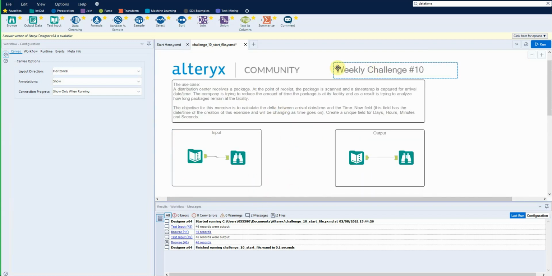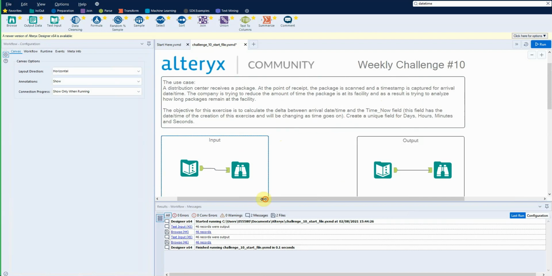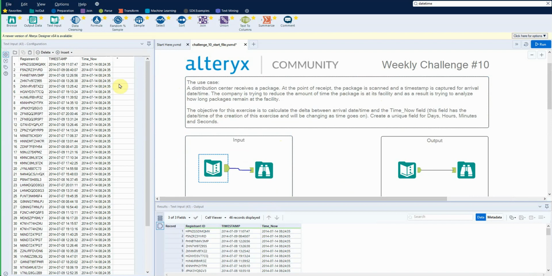All right, today we're going to do weekly challenge number 10. It's pretty straightforward. They give you two principal field values, a time in and a time out. And all they want you to do is find that duration and report it in days, hours, minutes, and seconds. And so to give the data set some flavor, what we're looking at here is